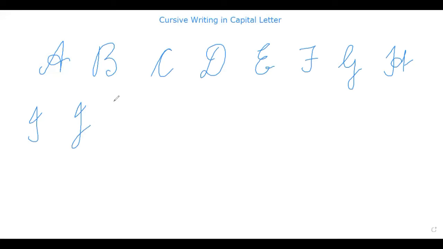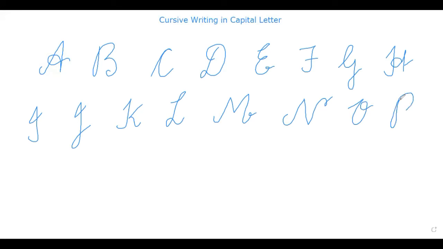J, K, L, M, N, O, P, Q, R, S, T, U, V, W,